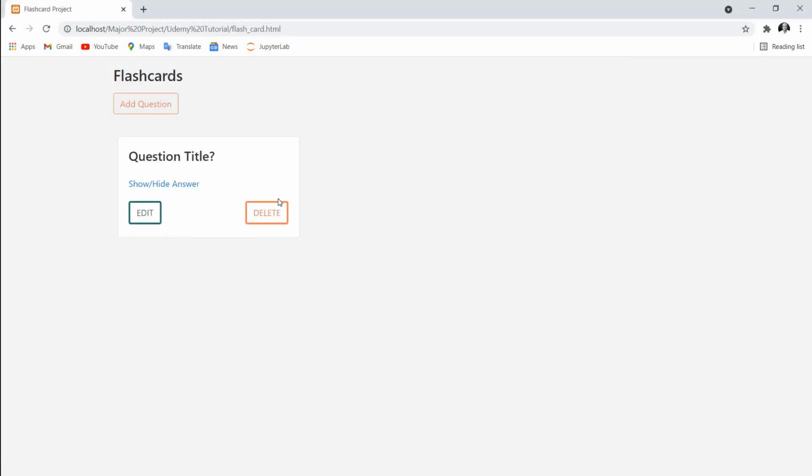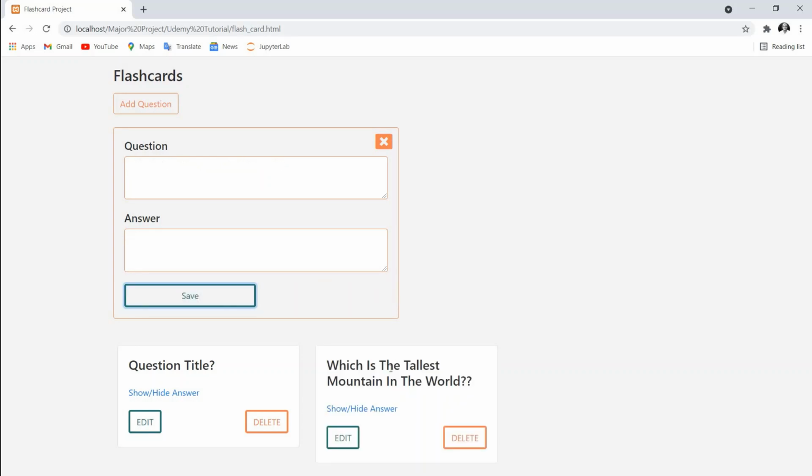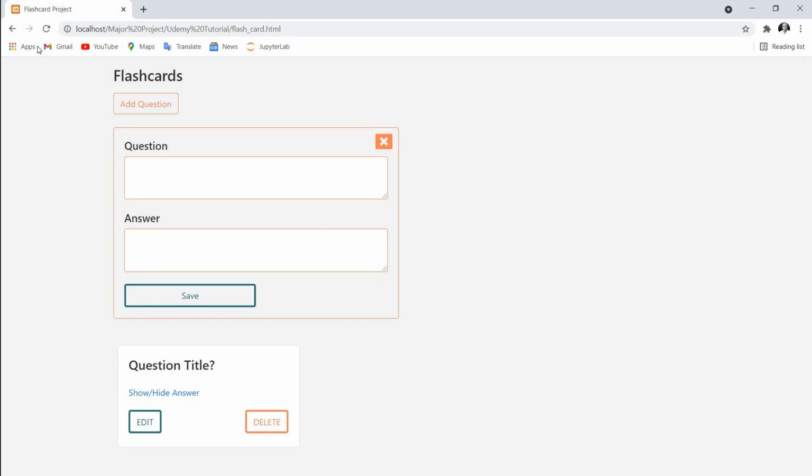Flashcards in our project are used for well thought out and well explained solutions where users can interact among themselves. Let's add a question here. Which is the tallest mountain in the world? Obviously, it's Mount Everest. Let's save it, and later on we can see the answer by clicking on this flashcard. And here is the answer, Mount Everest. We can also delete this flashcard by clicking on the delete option here. So this was all about the flashcards.